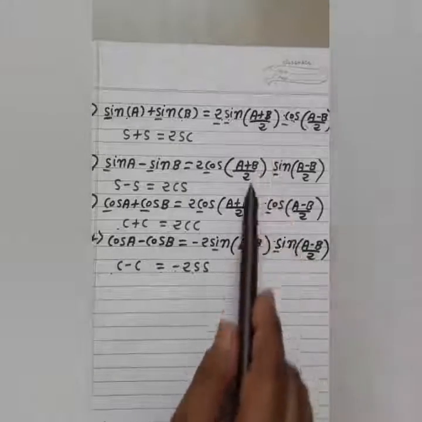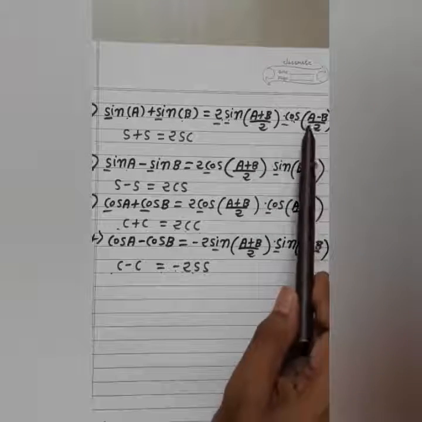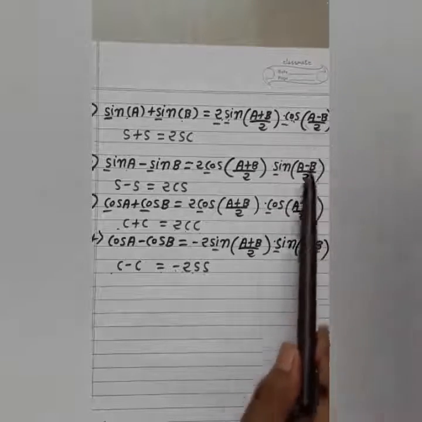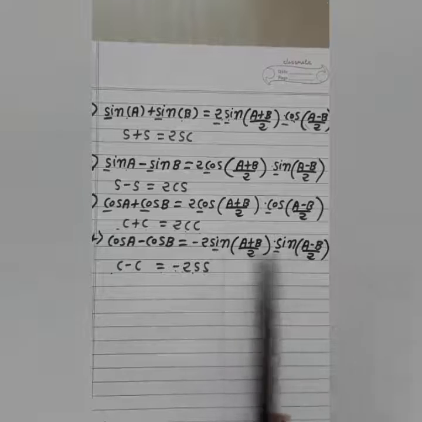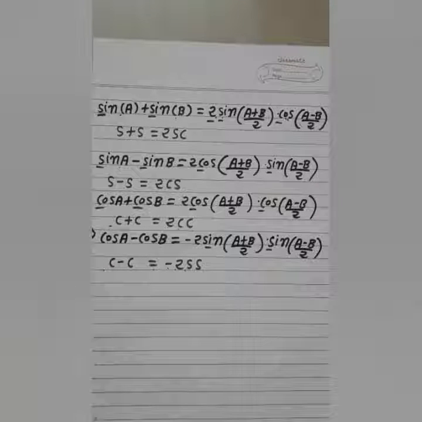In the first bracket (a plus b) divided by 2, and in the second bracket (a minus b) divided by 2, common in all these four formulas. Okay. Now, related to these formulas, let's discuss some examples. So, our first example,